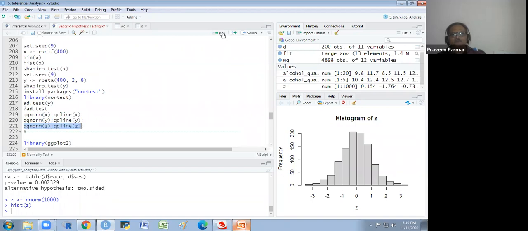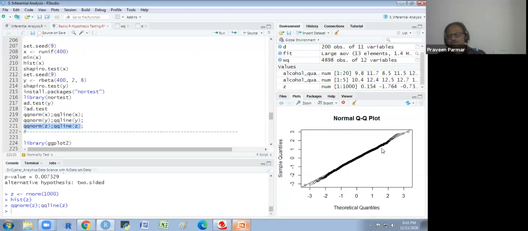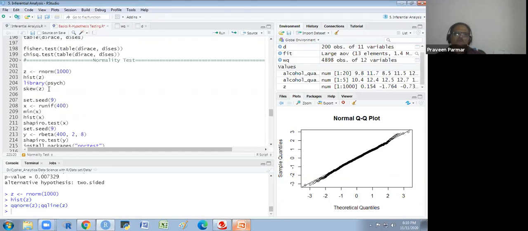So this is the normality test. In the middle, we see how much it aligns with the line. This is normal. On the extreme side it would be somewhat different, but here we judge it. And we could see the skewness also. For skewness, we have to run the psych library. We see the skewness is 0.08. It is between minus 0.5 and plus 0.5, then it is normal. So we could judge through this also.